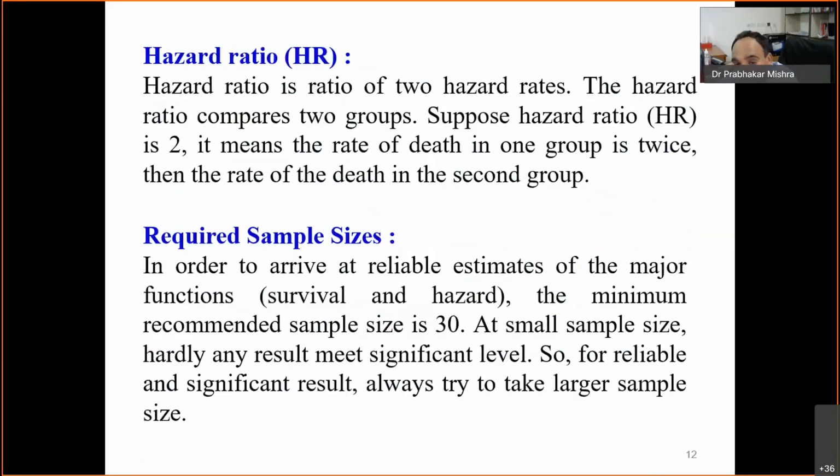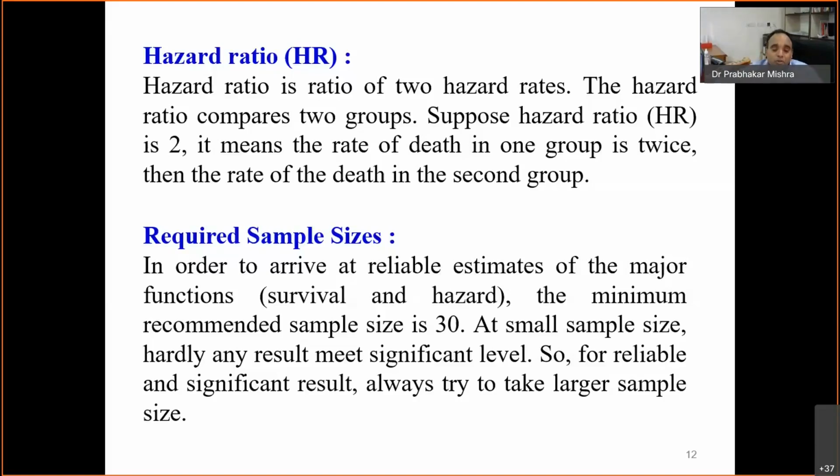Now, hazard ratio. In regression analysis we calculate the odds ratio. Here in survival analysis we will calculate the hazard ratio. Hazard ratio and odds ratio serve almost a similar purpose, but if our odds ratio is calculated proportional to the follow-up, that is called hazard ratio. The hazard ratio is also very close to the relative risk calculation that we do.